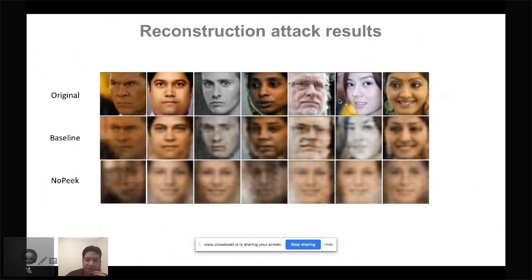So it's really hard to infer what the raw data would look like from our reconstruction. So the attacker would not be able to reconstruct the raw data, basically, nor would he be able to figure out things like ethnicity or gender or age, which could be very sensitive topics.